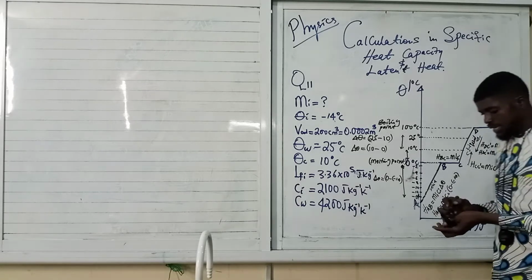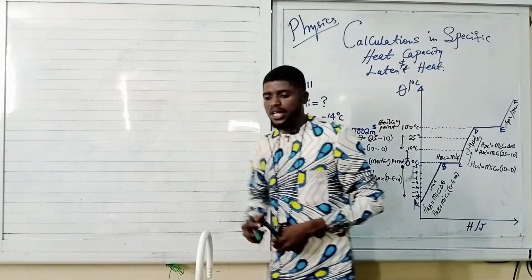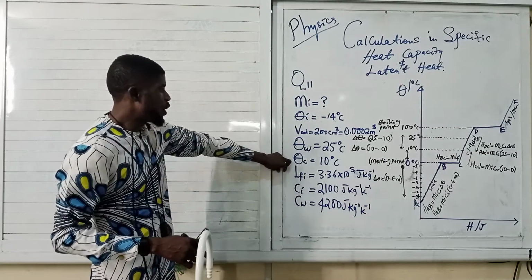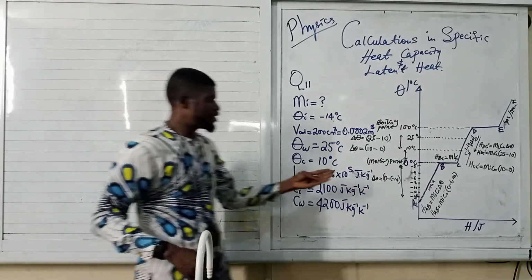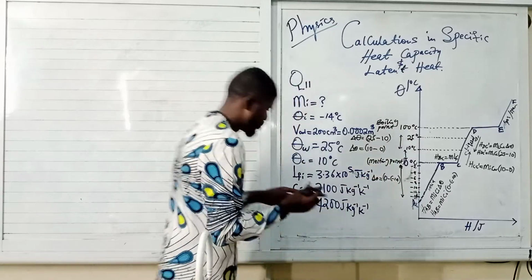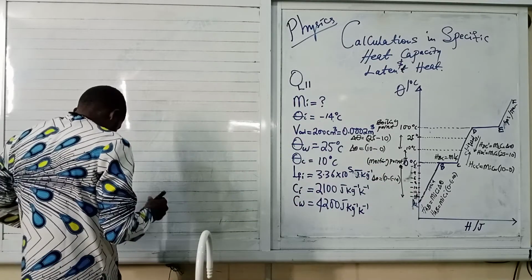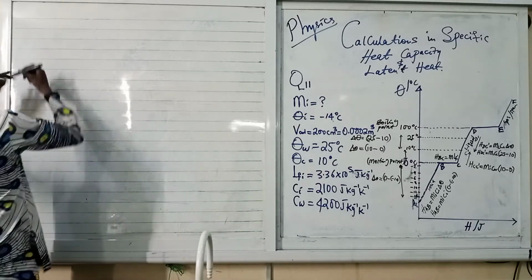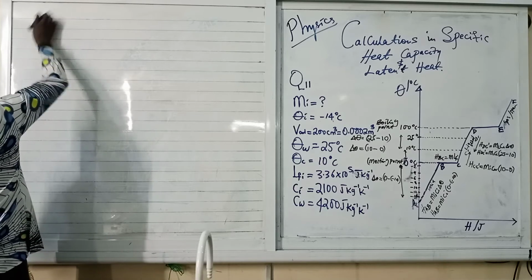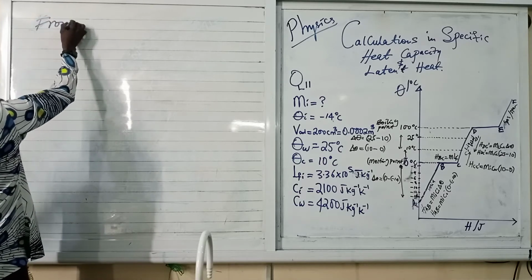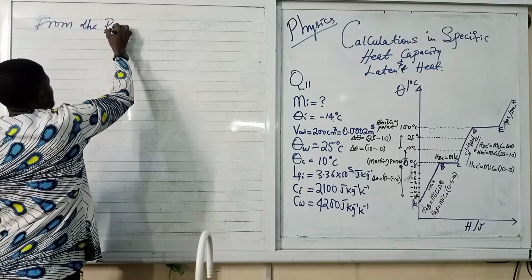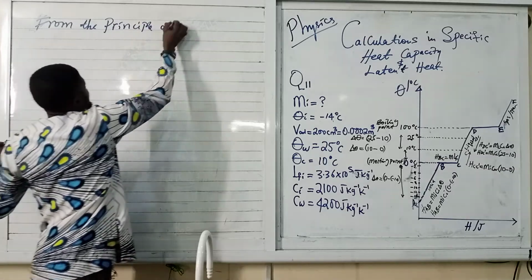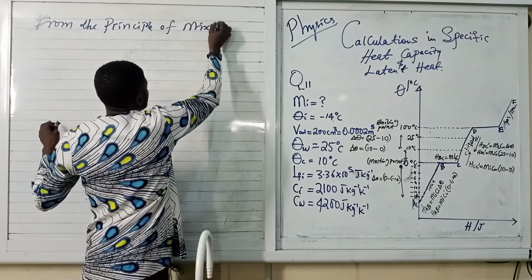So what will happen here is that the ice will gain heat energy, while the liquid, the orange drink, will lose heat energy. This is very cool, pretty cool. So let's write. We are about to solve the question now. Write, from the principle of mixtures,